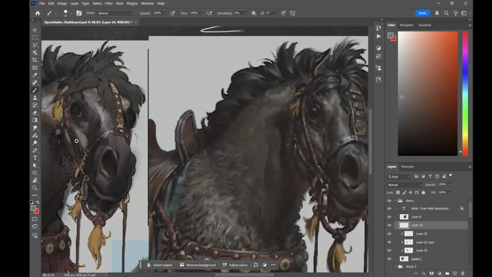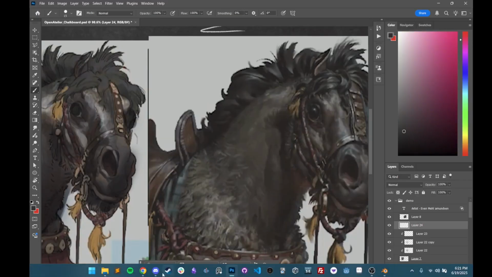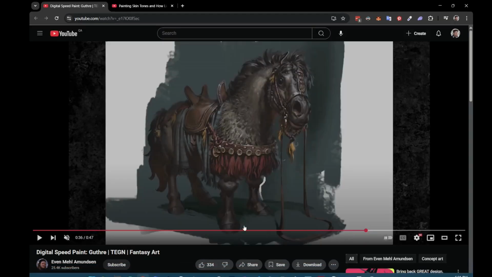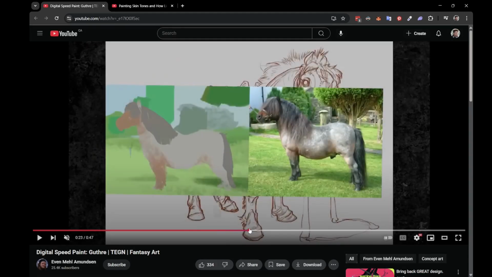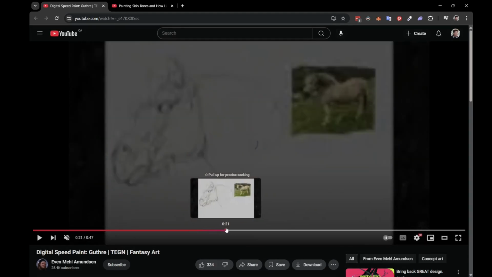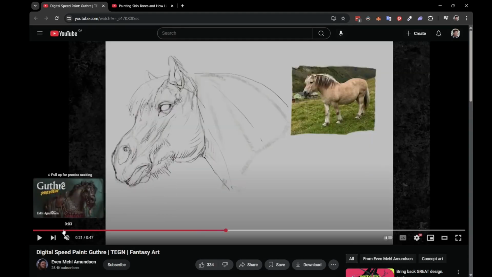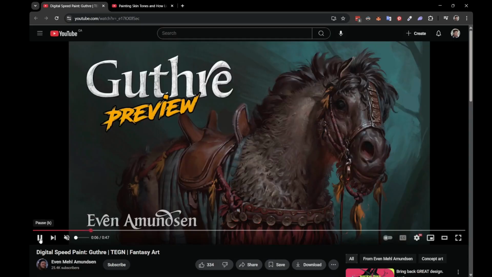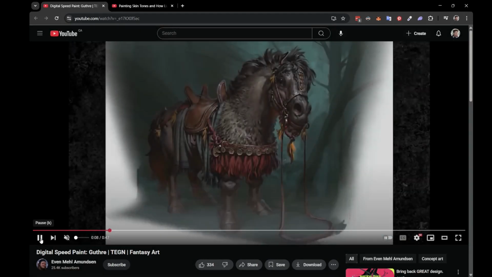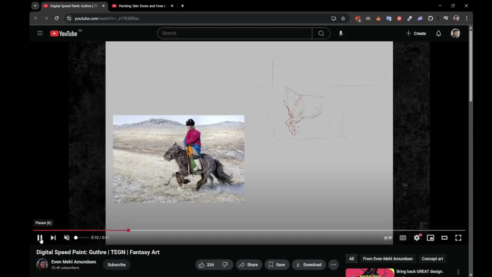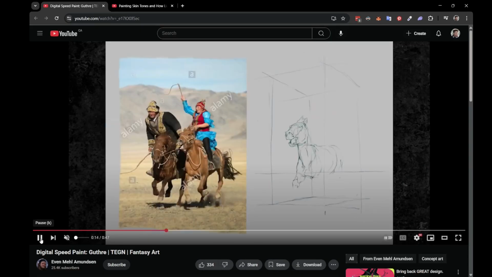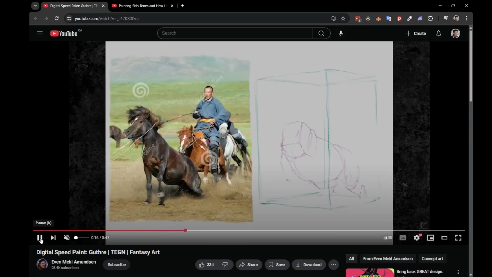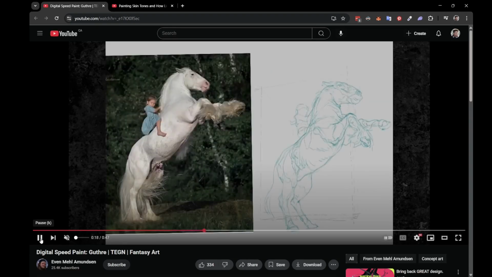So yeah. The other nice thing about this, and this goes back to what he did in the video, is he did a study. Well, he did a couple of studies actually. He started with some line work studies, I'll just play it again. This is line work and anatomy studies, right? He's just drawing horses, but he's not worrying about value, which makes sense. He's trying to get the proportions down. He's trying to find